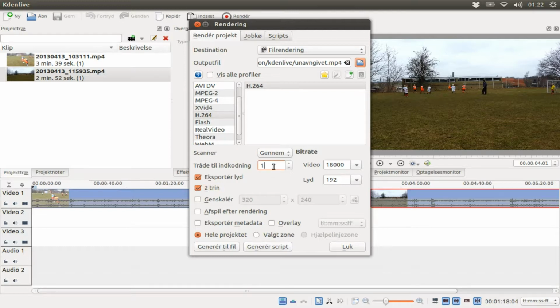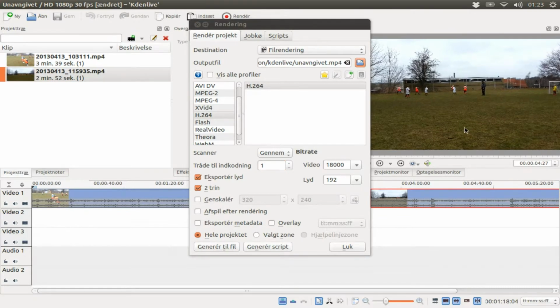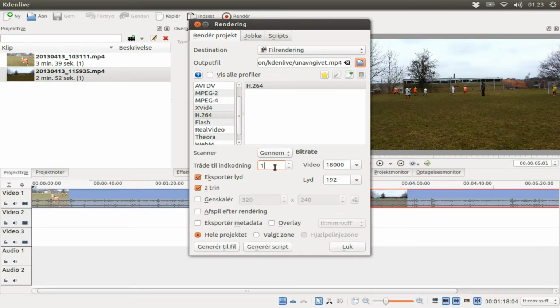Here, if you have a very powerful PC, you can set the number of threads it will use in rendering your project and creating your final movie. This is my laptop. I wouldn't adjust it anywhere, but on my main computer, it's a Core i7. I did these files, and I used 5 threads for it, and it was no problem. So depending on the power of your PC, somewhere between 1 and 7, and afterwards you just press Generate to